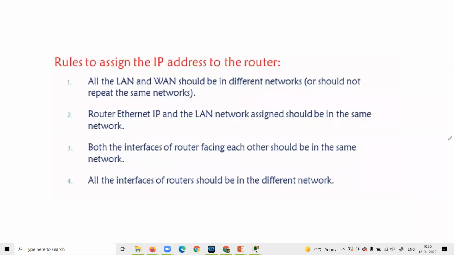If you are not understanding today's lecture, you will not be able to give an IP address to any network. I will upload this lecture video as soon as possible. Please do revision and make yourself clear with all these rules. And if you find any doubt, you can ask me later in the day. There is no problem. Please write down and then inform me.